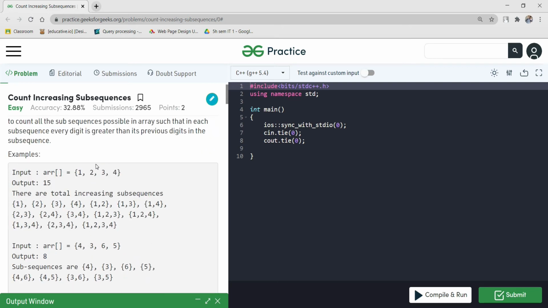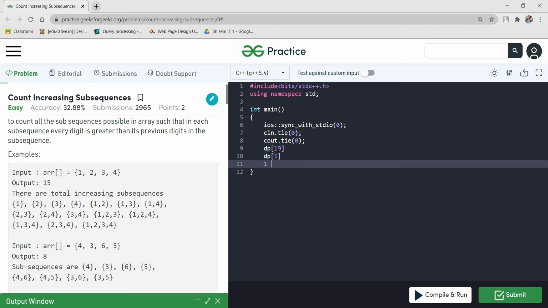Now let's come to the solving part. What I'm thinking is that we need to maintain a DP of size 10, which will store the number of subsequences ending with a digit, like the number of times digit 1 has occurred up to the point on which we are finding our answer.